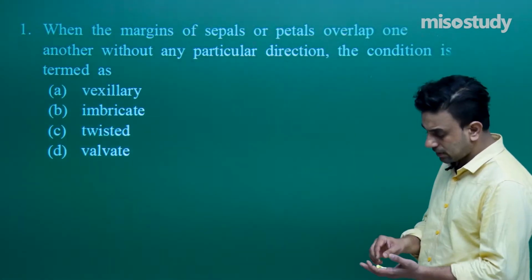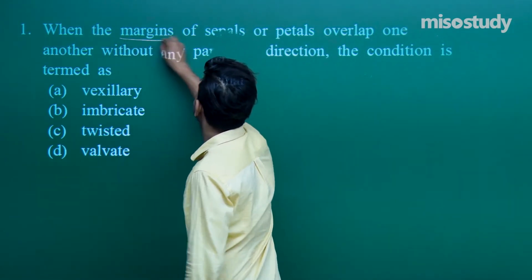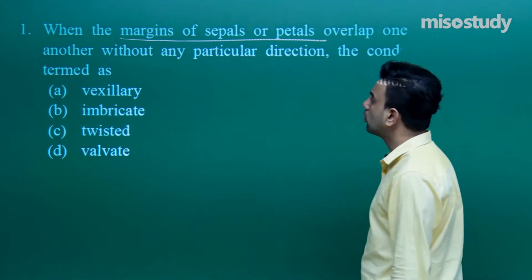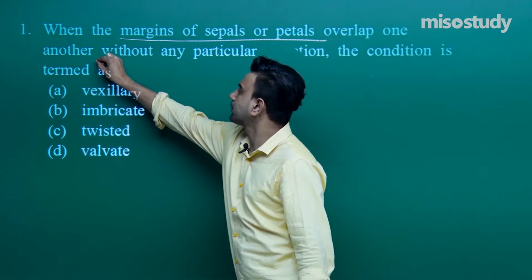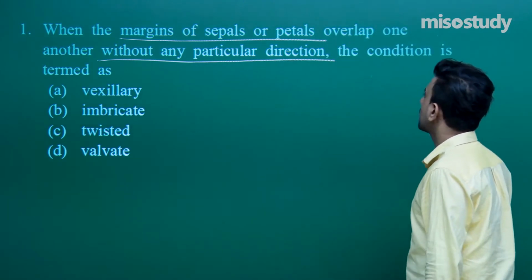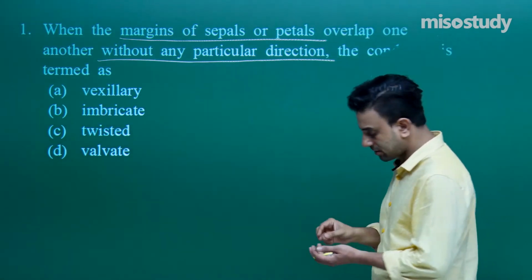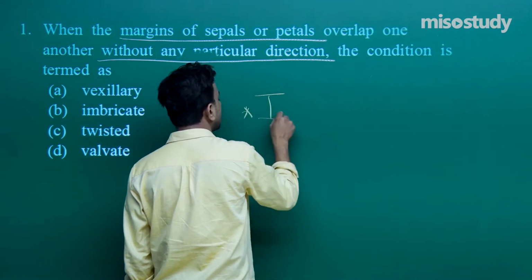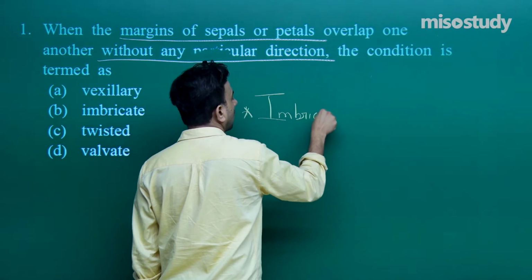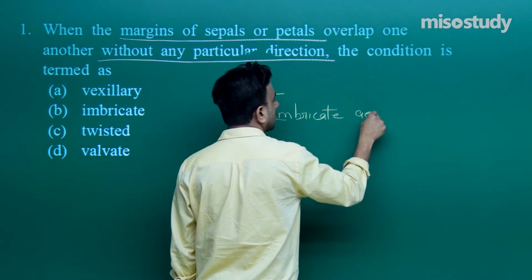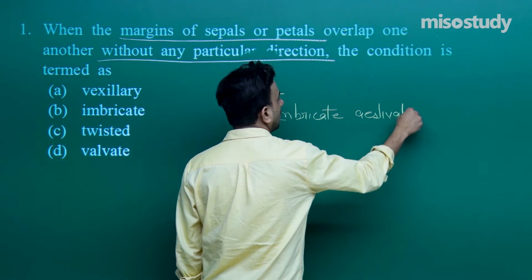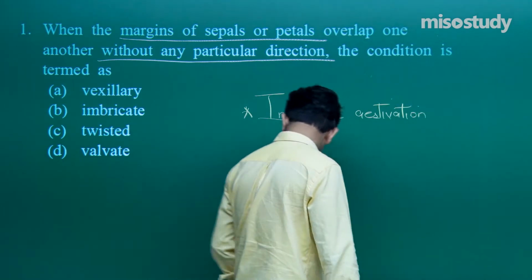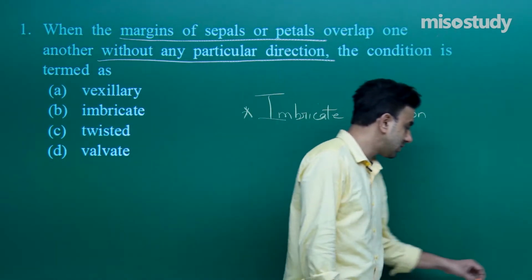When the margins of sepals or petals overlap one another without any particular direction, the condition is termed as? So we will see that imbricate aestivation is a condition,